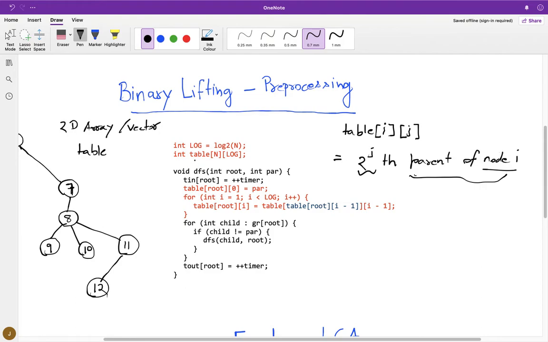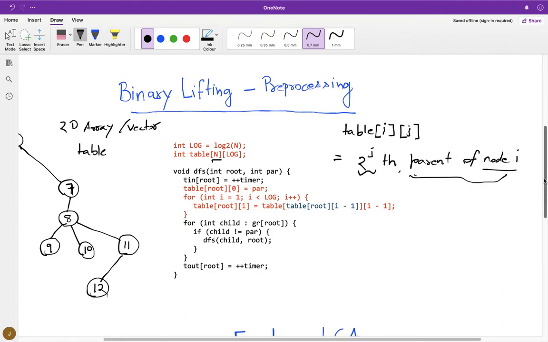For j, the number of columns, for any node I my j index stores the value of the 2 power jth parent, right? So what is the maximum parent any node can have? The answer is obviously n, because you can't have any node having more than n parents in a tree of total n nodes.